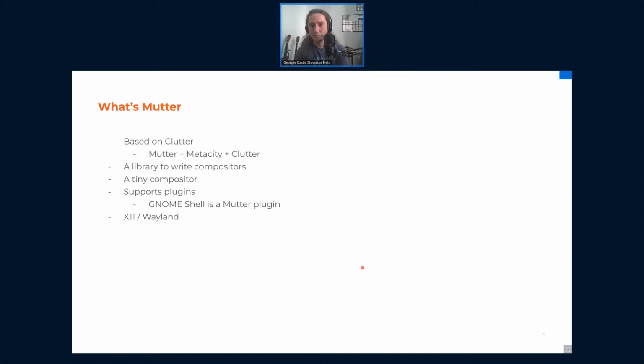Mutter stands for Metacity plus Clutter, which is a toolkit. I'll be talking about it more afterwards. And currently, Mutter can handle X11 and Wayland. In this presentation, I'm going to focus more on Wayland, since it's what I'm more familiar with.